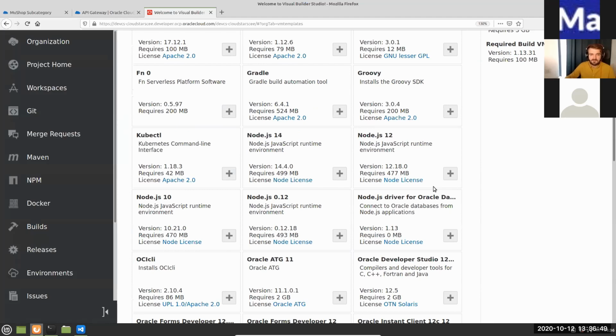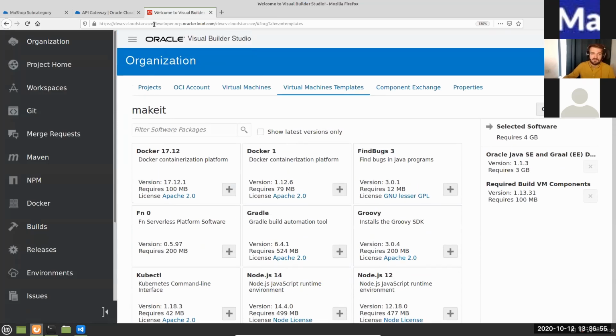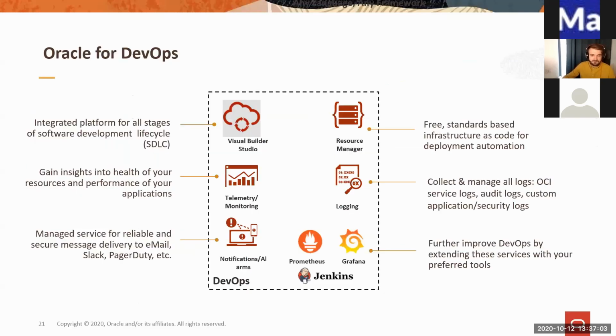So this is a very, very strong selling point when it comes to Oracle Cloud and the services we have for developing cloud native applications if you want, but not necessarily cloud native applications. It can be any kind of application. Okay, I'm running out of time here. Let me go here and basically check what other services we have.